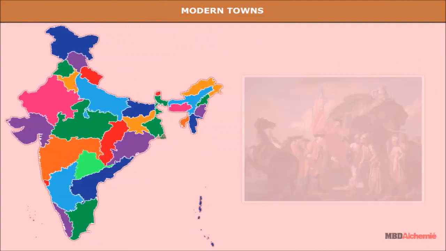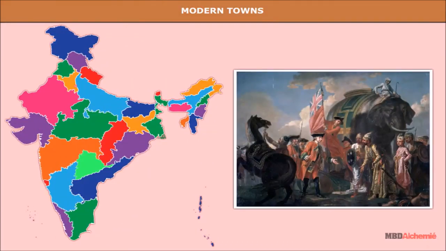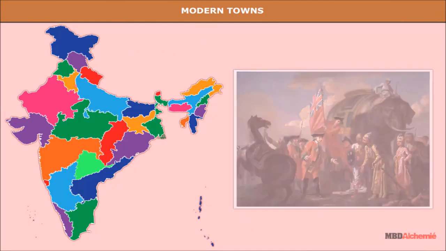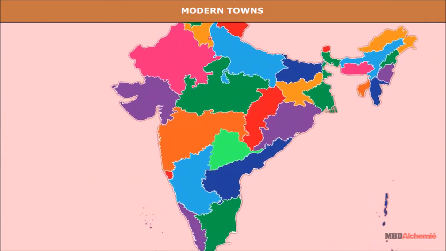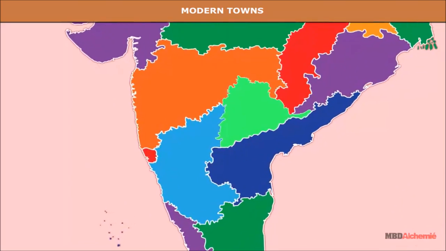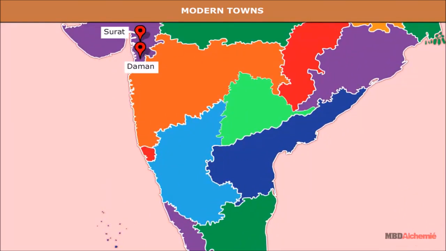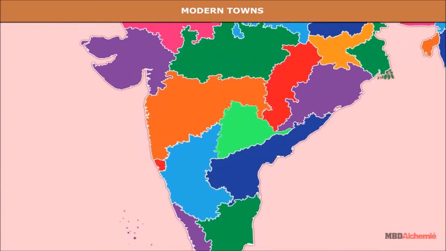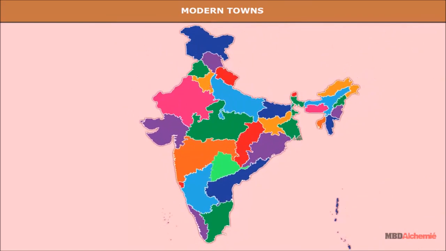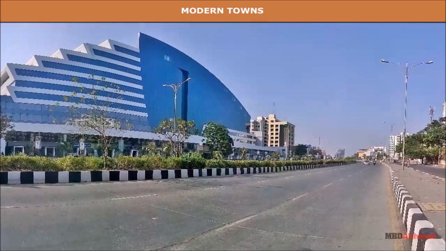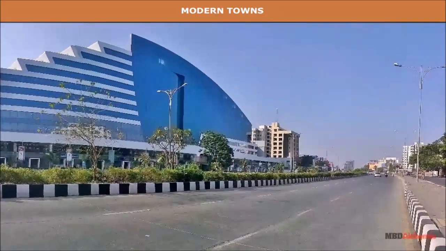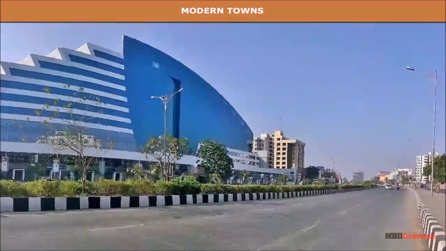Modern towns. A number of towns were developed in India by the British and other Europeans. Starting their foothold on coastal locations, they first developed some trading ports such as Surat, Daman, Goa, Pondicherry, etc. The British later strengthened their hold around three principal nodes: Mumbai or Bombay, Chennai or Madras, and Kolkata or Calcutta, and built them in the British style, rapidly extending their domination either directly or through control over the princely states.